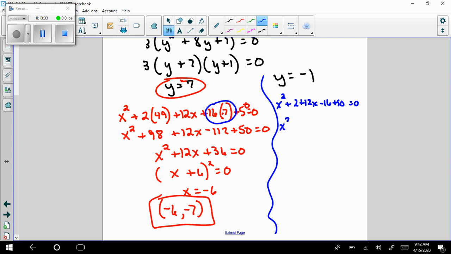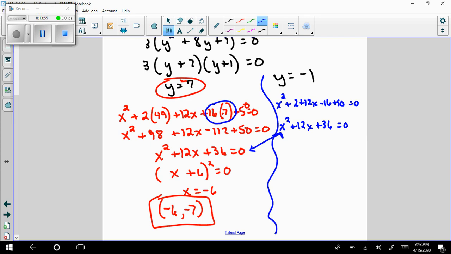So put my constants together. I have x squared plus 12x. Let's see, negative 2, negative 14. So again, I have plus 36 equals 0. And if you look over here,